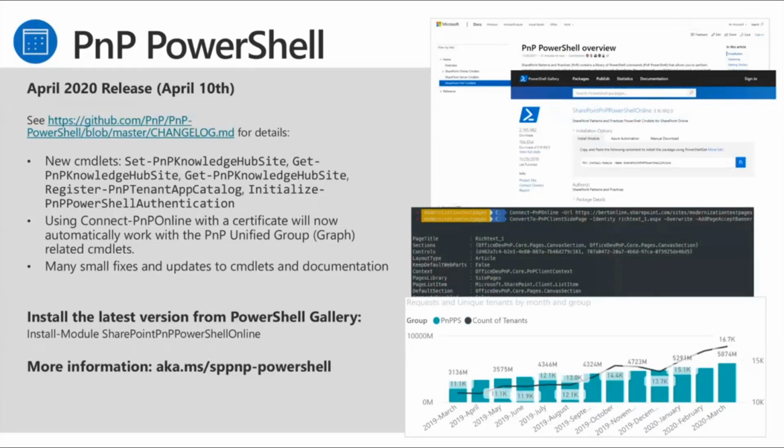So all the unified group commandlets that we have in PnP PowerShell will just automatically work, but you need to use a certificate and a client ID. They will automatically, yes, indeed. It is completely magic. Absolutely. And there are a lot of fixes and little updates to documentation and commandlets, etc.